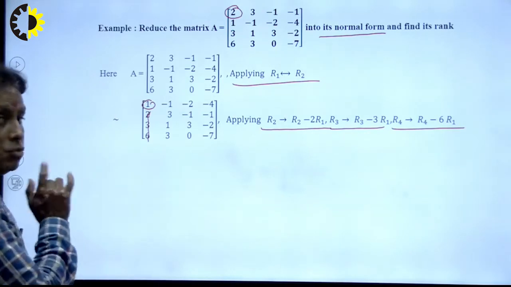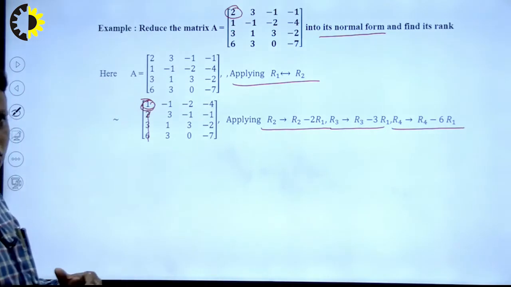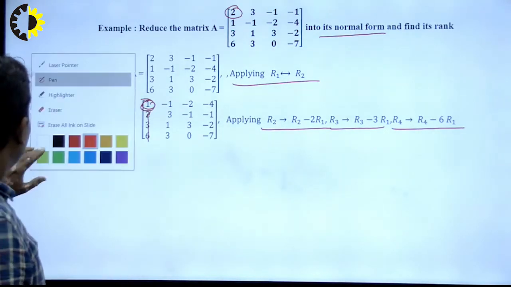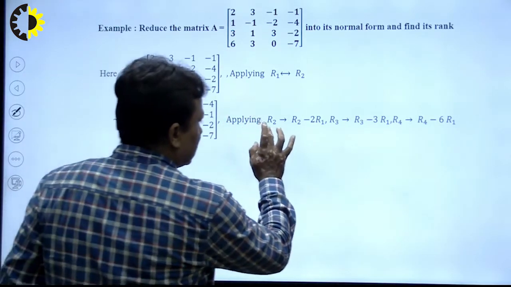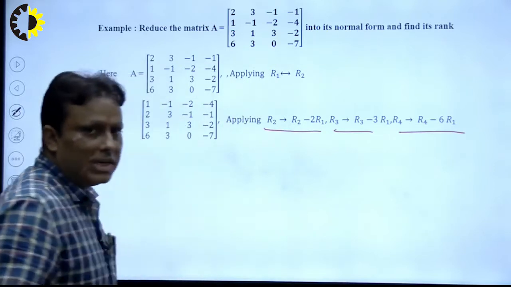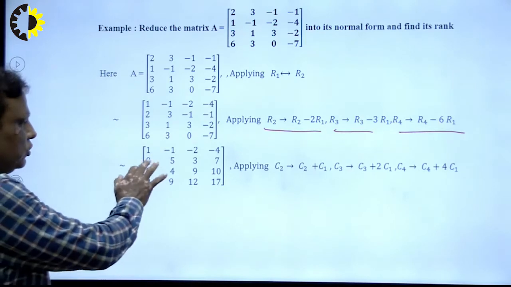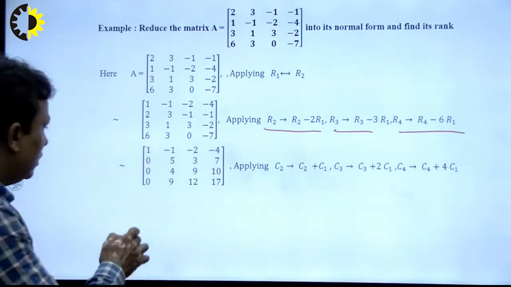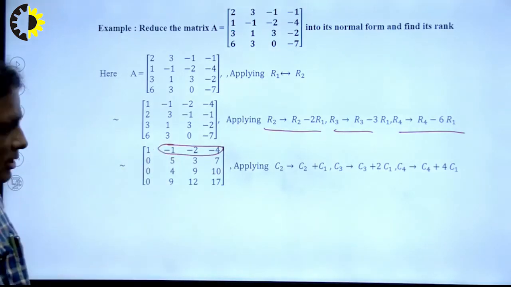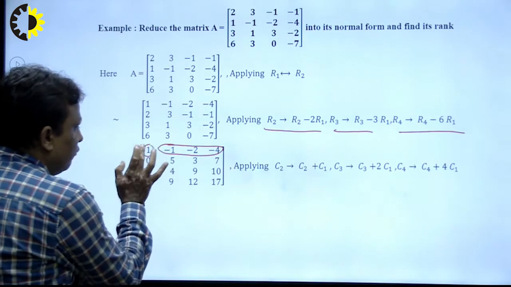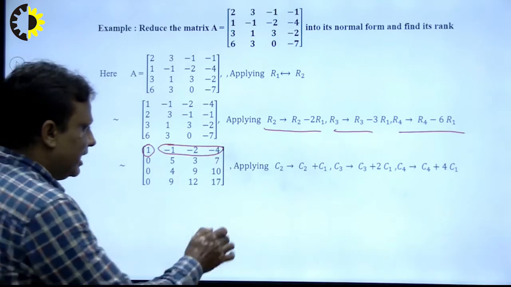So students, always keep in mind, with the help of this element we create 0 just below it, right? So how to solve, right? So we apply this operation, that means 3 operations working together, right? So what will be the result? The result will be this, right? 0 5 4. Now our aim is to reduce these to 0, right? So by using the column operation, with the help of this element we reduce this element and this element into 0. So I apply here column operation.